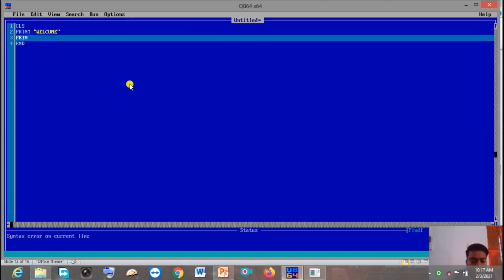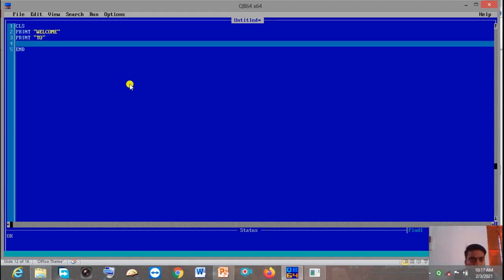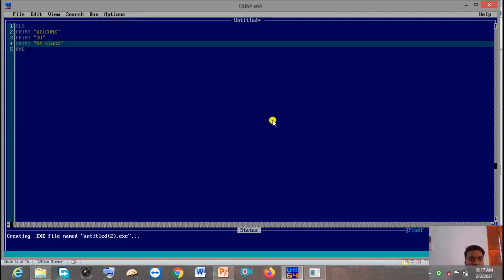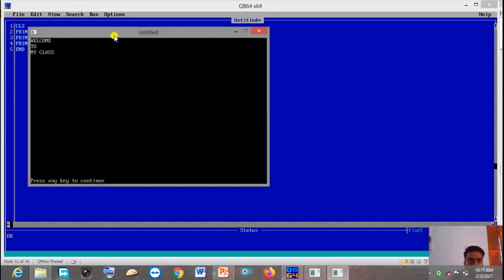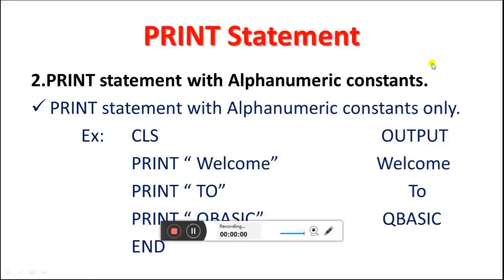Again print to. Again print my class. Now I am going to run this program. Now you see the result. So here you can see welcome to my class.